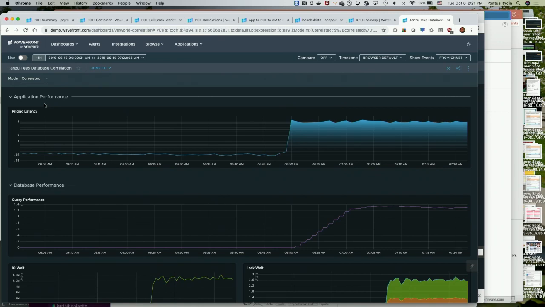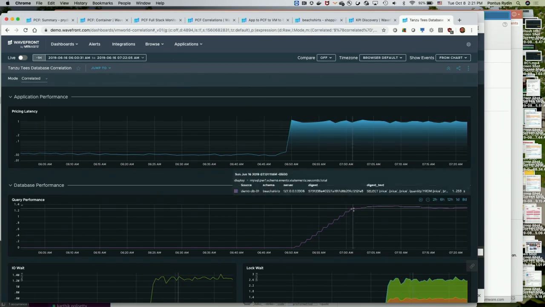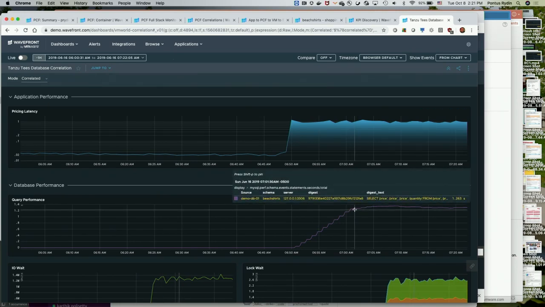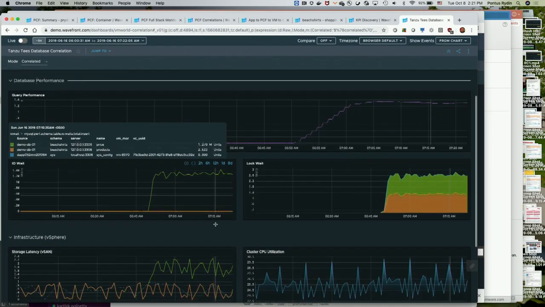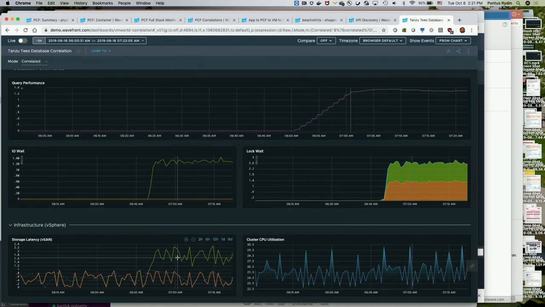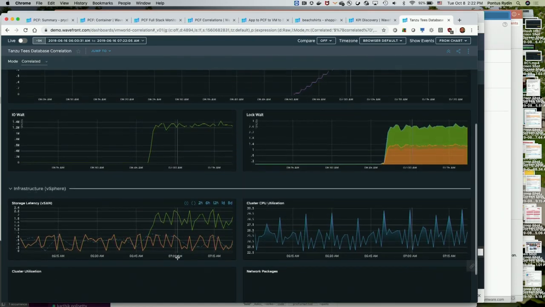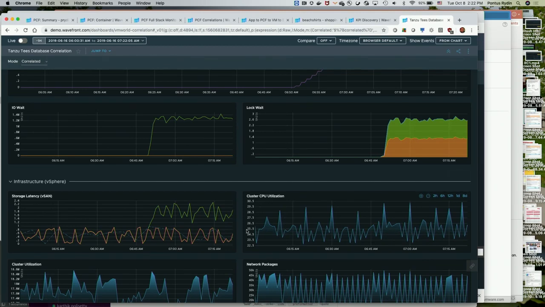And so I use math and I correlate, and I can say, hey, it's select price from yada yada, blah, blah, blah. And of course, you can go on and correlate and say, hey, it's the I/O weight, and it actually has to do with the latency on one of my drives, and so on and so forth. And yeah, you can drill down there.